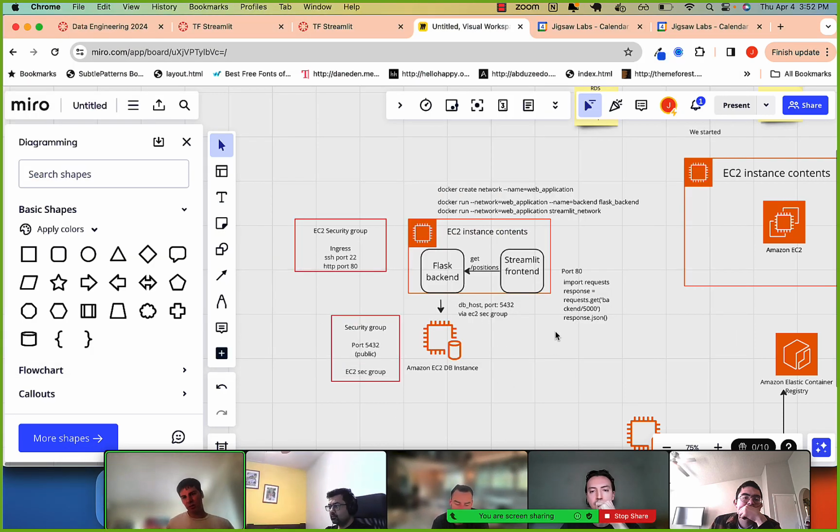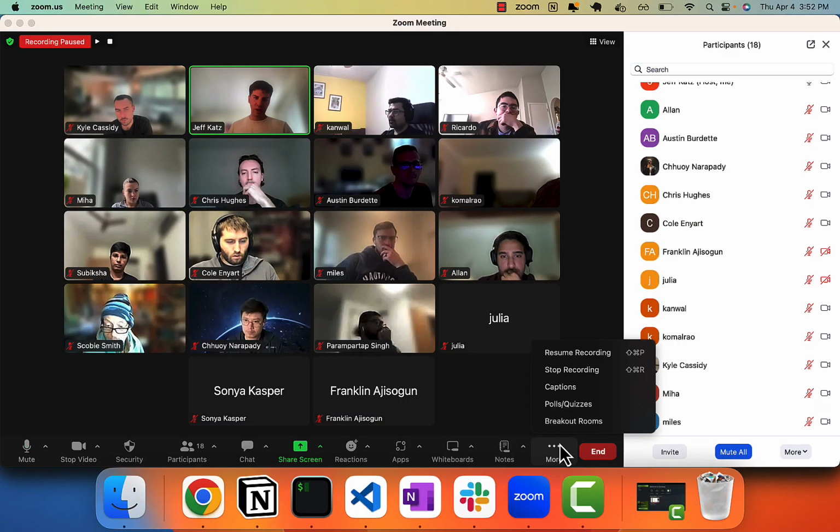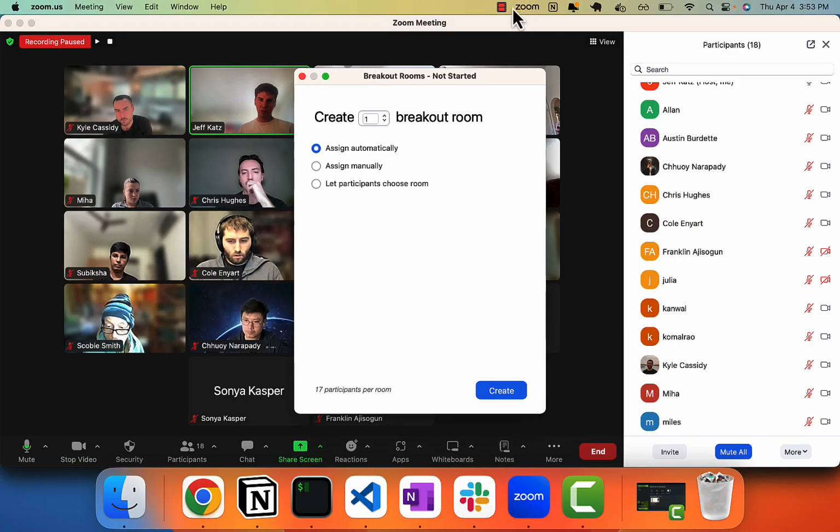All right. But I can put that command in Slack, and you can just Google how to graph a Terraform script, and it will show you. All right, I'll put you all in breakout rooms, and basically